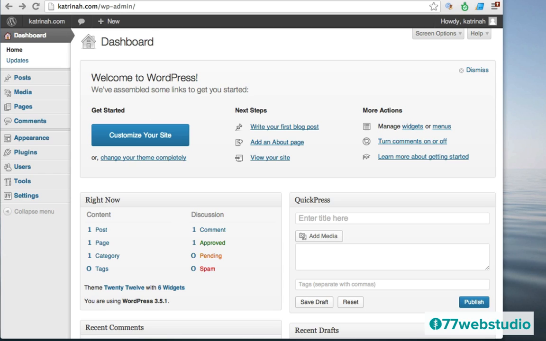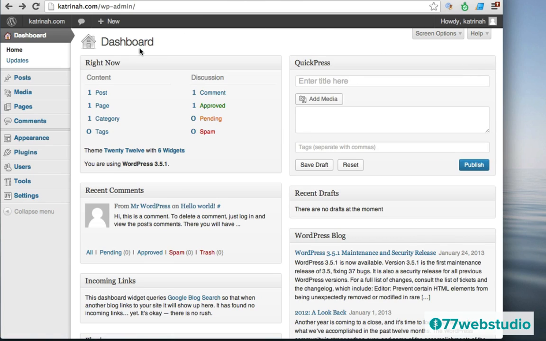So here we are on the WordPress dashboard. This is the first thing you'll see when you log into your WordPress website. And when you first install WordPress, you'll also see this message that says Welcome to WordPress. Within this message box, there's a number of links, and each of these links represent some of the first things that most people do when they install their WordPress website. For the moment, though, I'm going to go ahead and dismiss this message by clicking on Dismiss in the top right-hand corner here, so that we can just see the dashboard without that message.